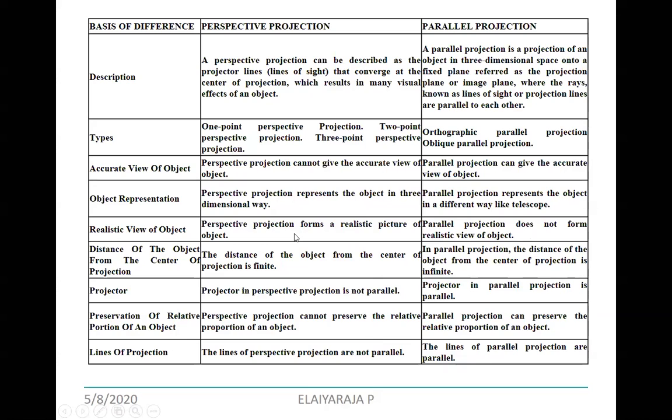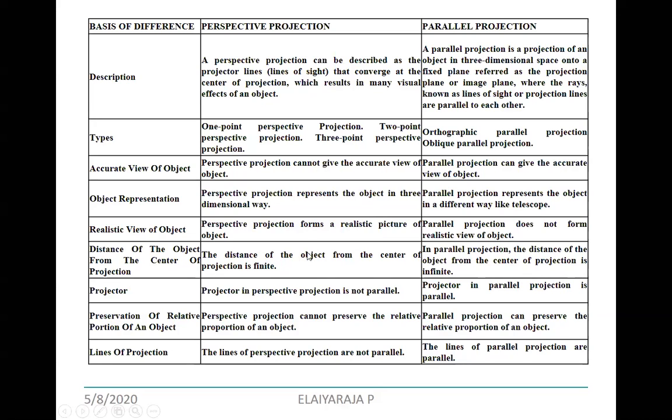Even though it is synthetic, compared to parallel, perspective has a realistic view. Then the distance of the object from the center of projection: here the center of projection is finite, and here it is infinite. Why? Because here we consider the center of projection, and here we consider the direction of projection.